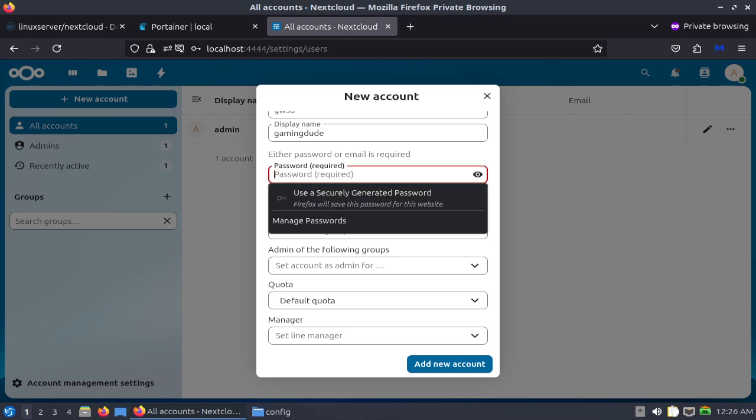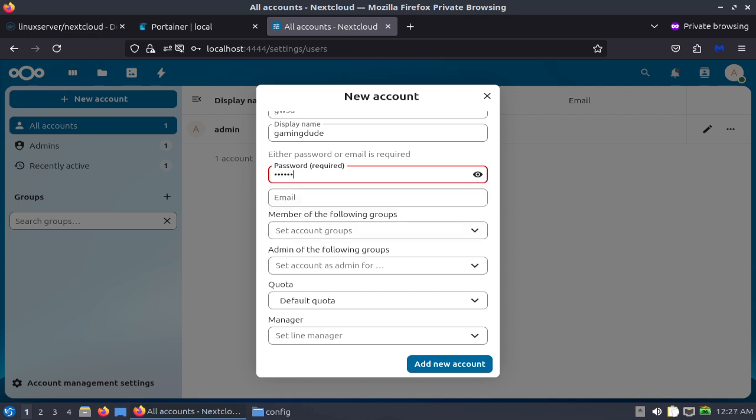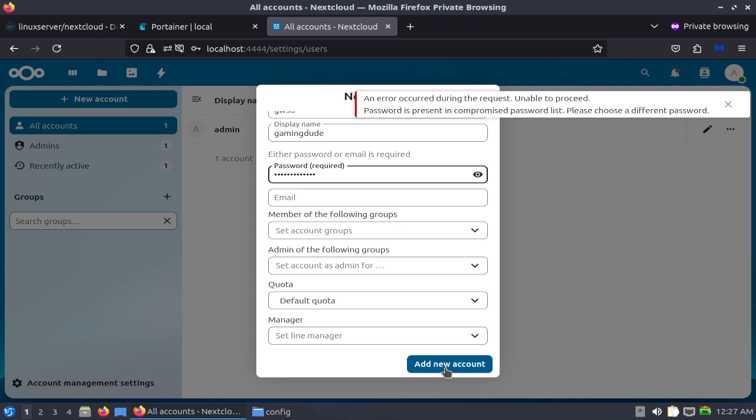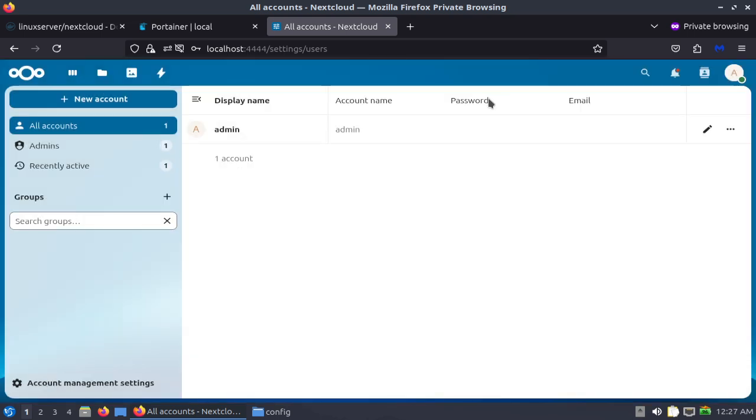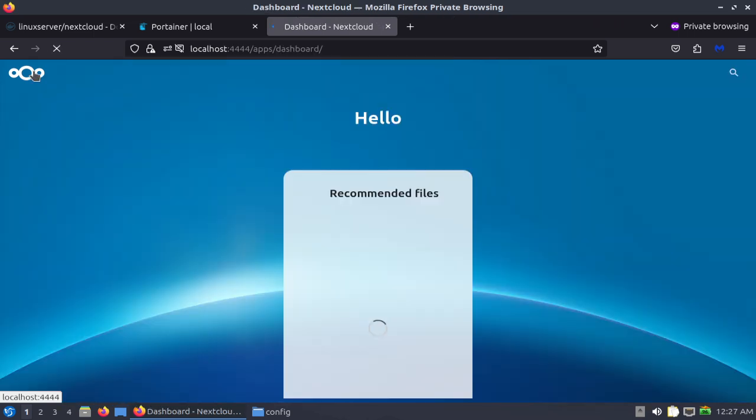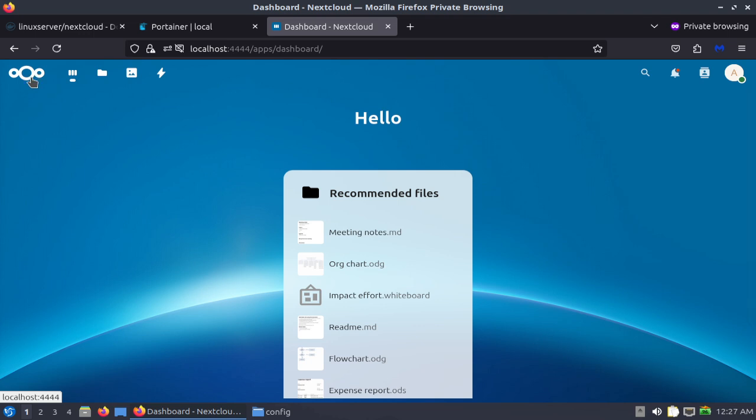Hey, good on NextCloud. Okay, so we can't do that. So let's do password 1234 exclamation. It's in a compromised password list. Well, at least you know you're not going to be making a password where people already have them. Okay. So since I'm not going to sit here and try to figure out a password for a fake profile,